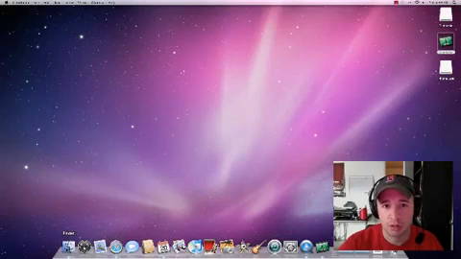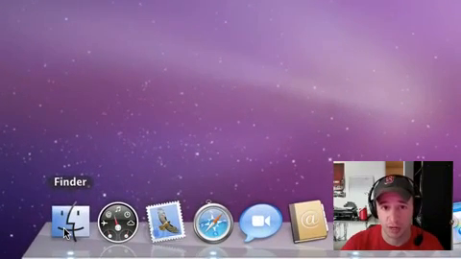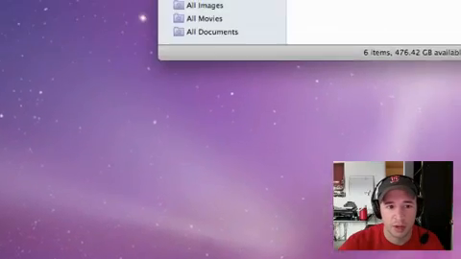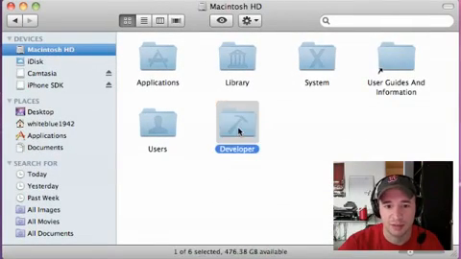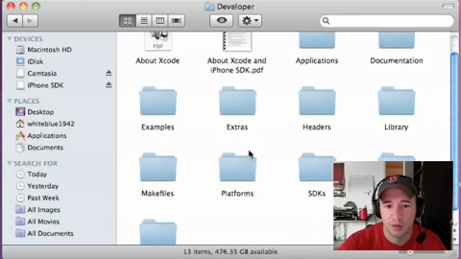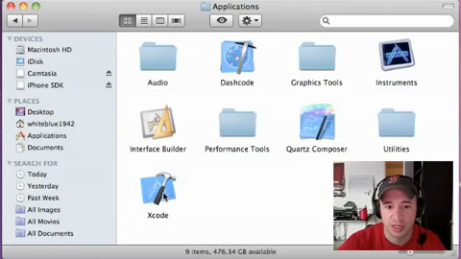So to get to Xcode, the program we use to write Objective-C, go to your Finder, then your Macintosh hard drive, then click Developer. Again, if you don't have Xcode, then just Google how to get Xcode and they'll give it to you. But anyways, once you're under Developer, click Applications,